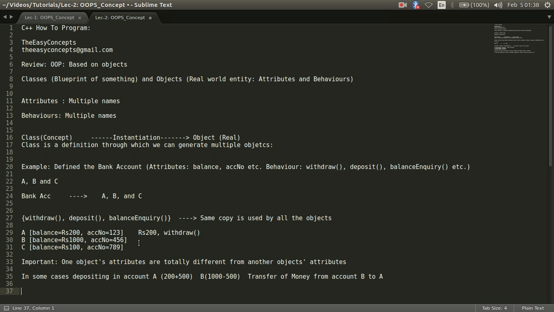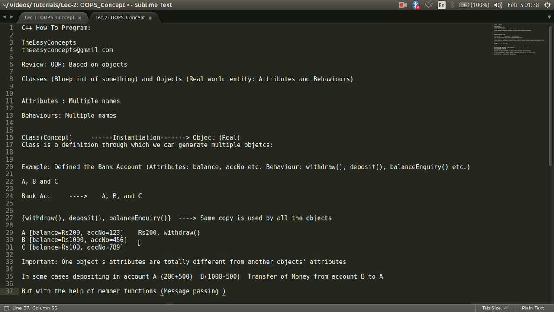These attributes can affect each other, but with the help of member functions. The member functions that are defined by the class will allow us to manipulate the attribute of another object. Why this happens, or why the member functions are given to manipulate these things, we will discuss later, but it could happen, and we call it message passing.